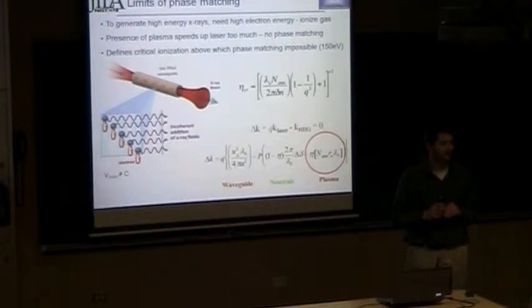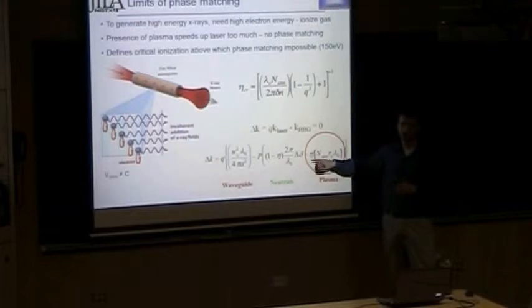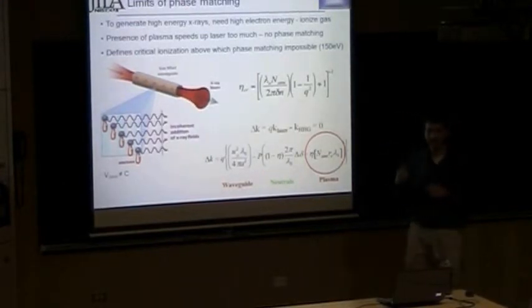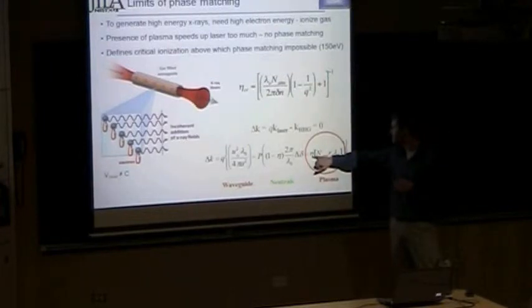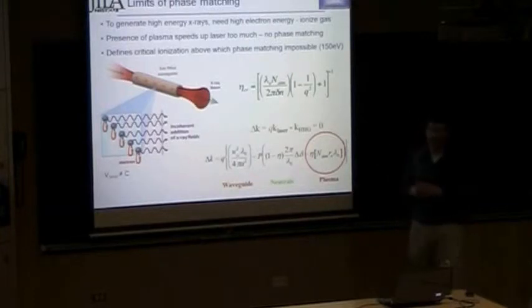Yes, it definitely depends. So again, that'll come in on the ionization level. If you have helium instead of argon, helium is going to have a higher ionization potential, so it's harder to ionize. So as we'll show in the figures later, helium is going to have a higher phase matching cutoff.